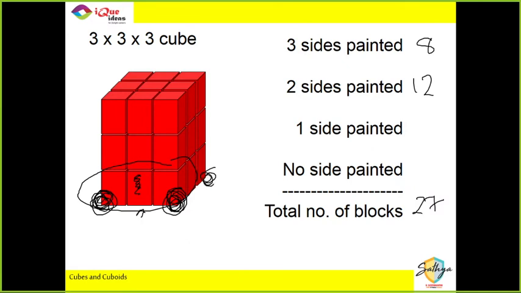So there are 4 vertices in the bottom and 4 vertices in the top. That's it. Did you get that? Only pieces with original vertex will have 3. Yeah, I did count the edges as 2. Vertex, 3 sides painted. Non-vertex edge, 2 sides painted.